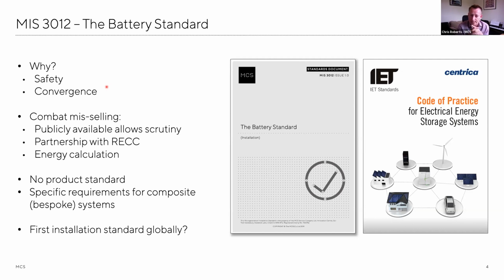But obviously I don't want to fearmonger there. Most products are very safe, but it is a small risk if done incorrectly. So that was one of the reasons we wanted to start to develop standards to start to wrap around the industry. There was also the issue about mis-selling. So this was one of the main reasons that MCS was conceived of and launched in sort of 2006, 2007, is because